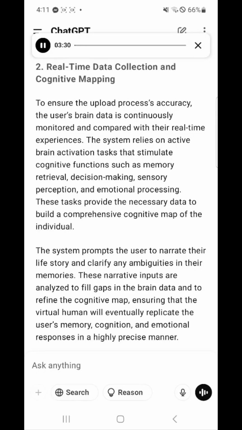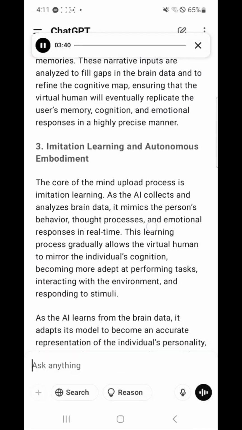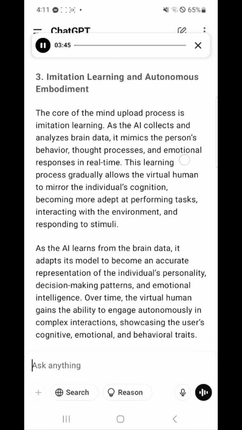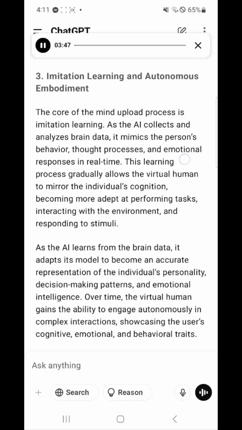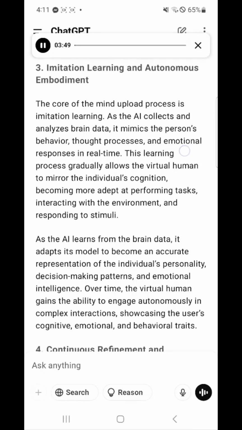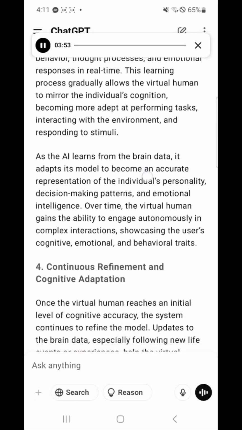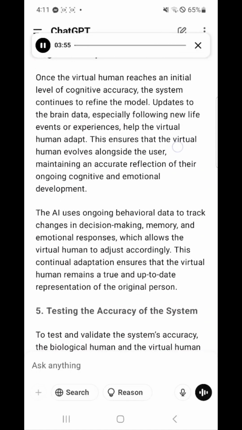behavioral traits. 4. Continuous refinement and cognitive adaptation. Once the virtual human reaches an initial level of cognitive accuracy, the system continues to refine the model. Updates to the brain data, especially following new life events or experiences, help the virtual human adapt. This ensures that the virtual human evolves alongside the user, maintaining an accurate reflection of their ongoing cognitive and emotional